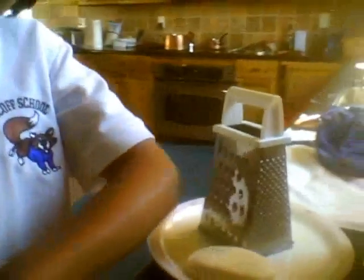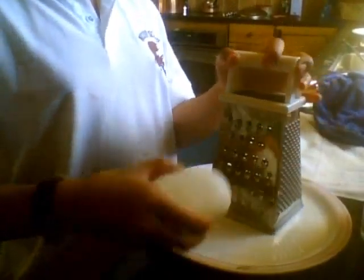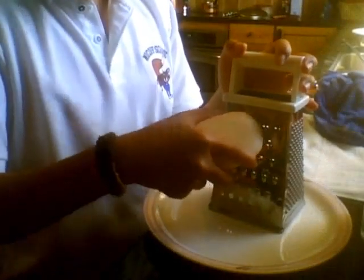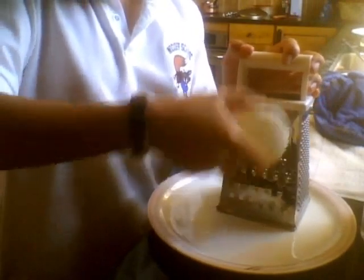Okay. So I'm going to use the white first, and let me show you how it works. Let me just turn it like that. So now let me show you. Usually we use the big size, and usually